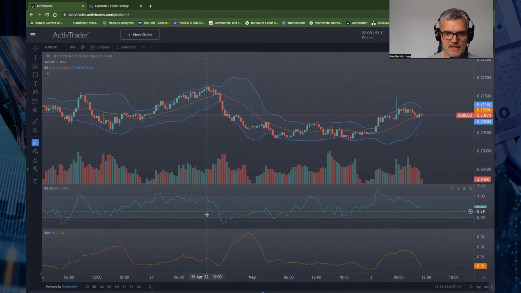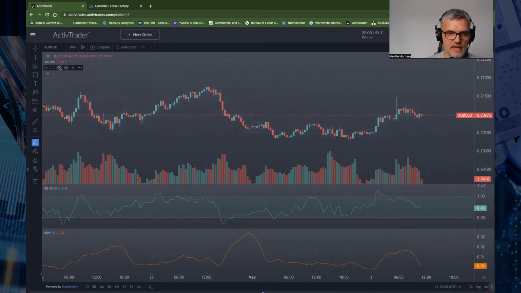Now, the Bollinger Band percentage B, BB percentage B: when we see price action here underneath the 0 signal line or above the 1, that is relating to closes below or above the lower or upper bound of this Bollinger Band. So if you were to take off the Bollinger Band here, you could quite easily describe what's happening within